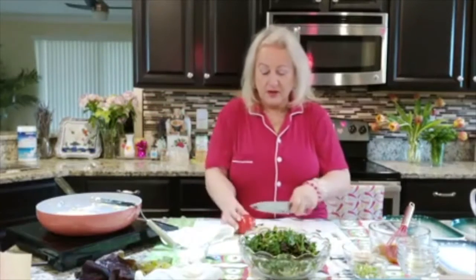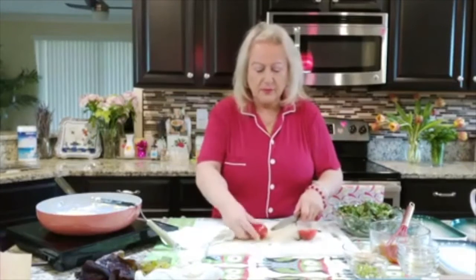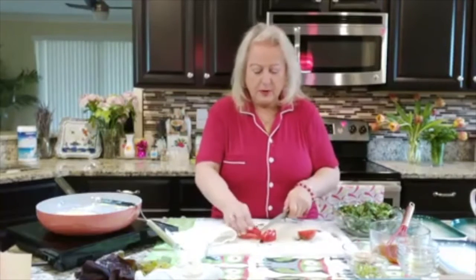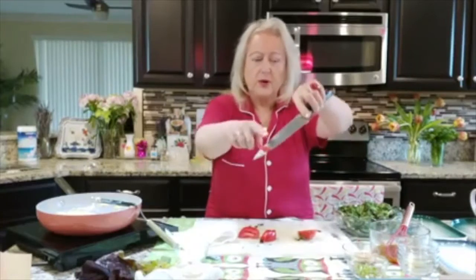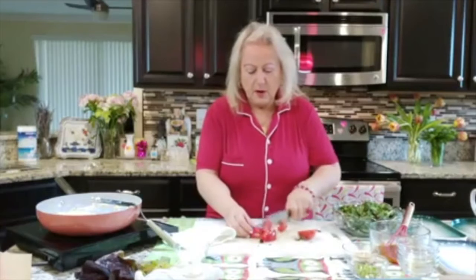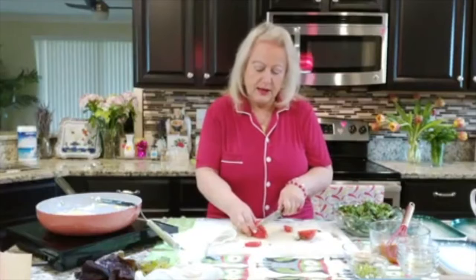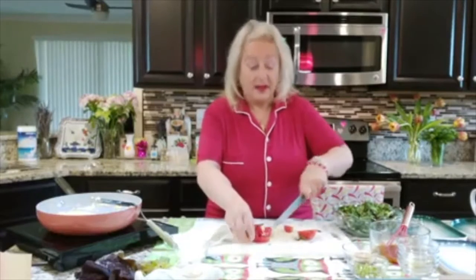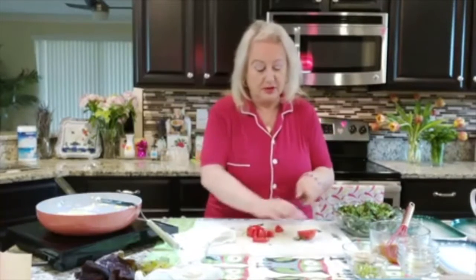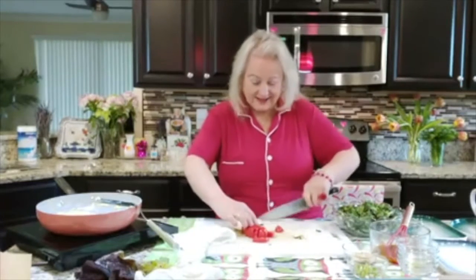Now I'm going to take my tomato. Let me move this out of the way. I'm going to take my tomato and clip the little part right here, the one I'm going to be utilizing. I have a little bowl right there. And the salad dressing that he gave me is a salad dressing that his mom likes to use. They love the salad dressing, and I love the salad dressing. They call the salad, let me see if I can say it correctly, ham